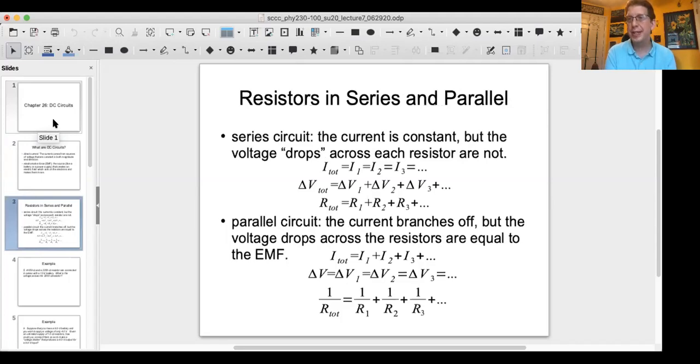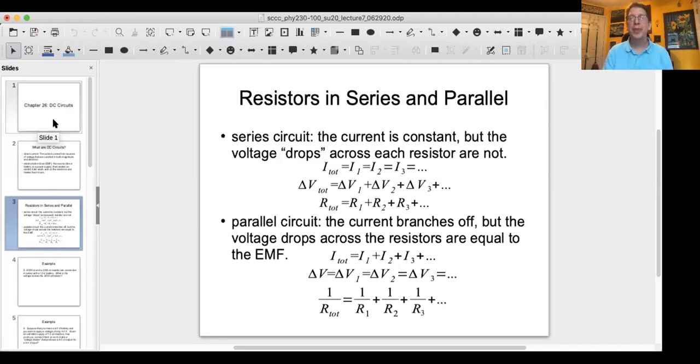When resistors are in series, they're connected one after the other. So the same current flows through all of the resistors. So I1 is equal to I2 is equal to I3, and if you have more resistors, it goes on from there. But they're all equal to the total current that's feeding into that segment. But the potential differences are adding. You have a current feeding into that segment, and you have a potential difference feeding into that segment. So the total voltage that comes in is equal to the sum of the voltages across each of the resistors